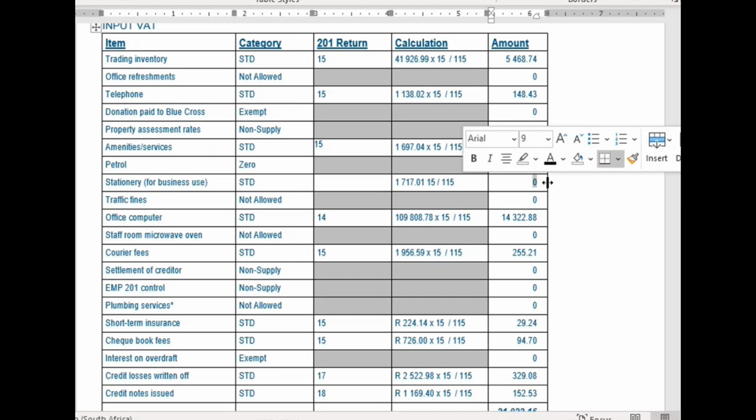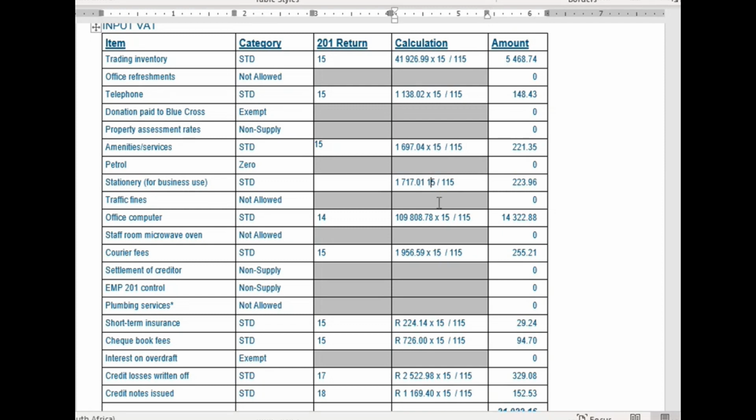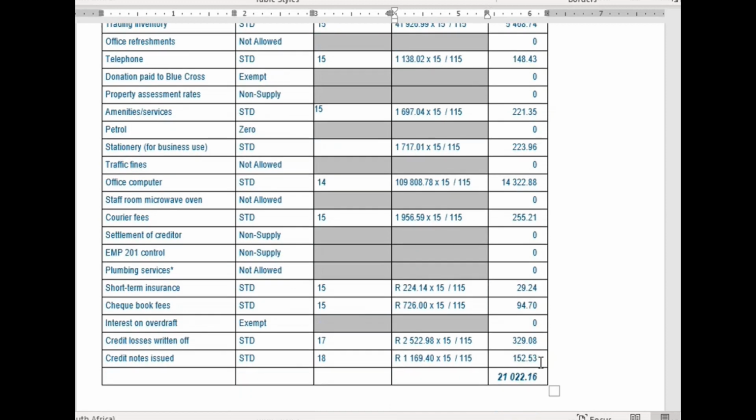1717.01 multiplied by 15 divided by 115 is 223.96. Sorry, I didn't put in the multiplication there either. Okay, and then I must add that 223.96 to the 21 at the bottom,